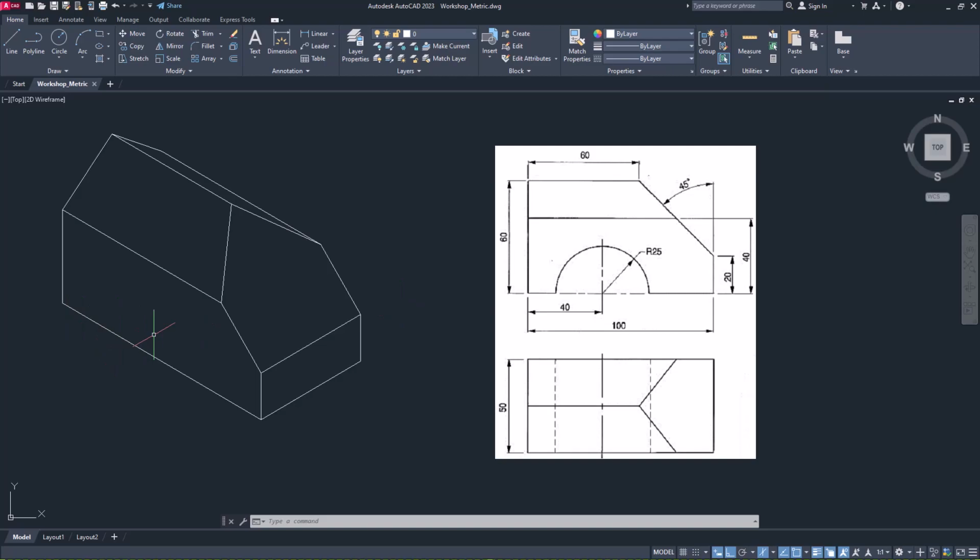Now let's try to draw the circle part on a left plane. So EL for ellipse, right click, iso circle. Now it is situated exactly from this corner towards the right side by 40 millimeter. Now D space for diameter, diameter is 50. Okay, now let's remove